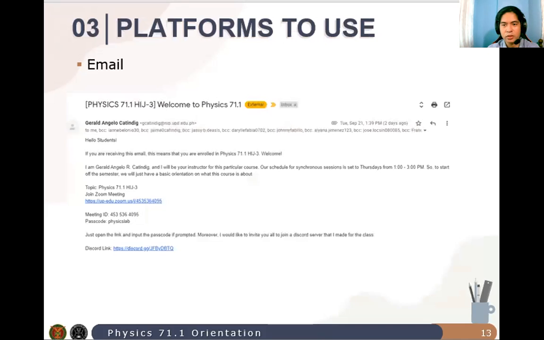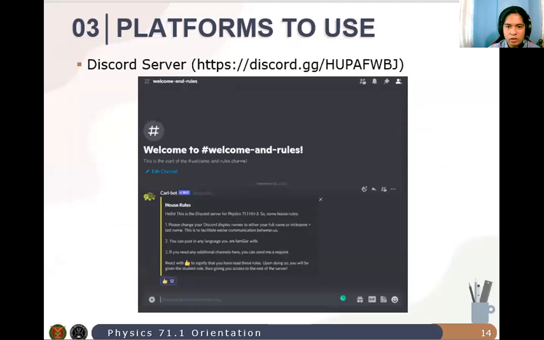So next, platforms to use. So we have various platforms online that we can use to communicate with each other. First, email. You can email me. Second, you can join the Discord server. I think most of you have already joined. Kapag may hindi pa naka-join, please inform me para bigyan ko kayo ng invite link. And lastly,